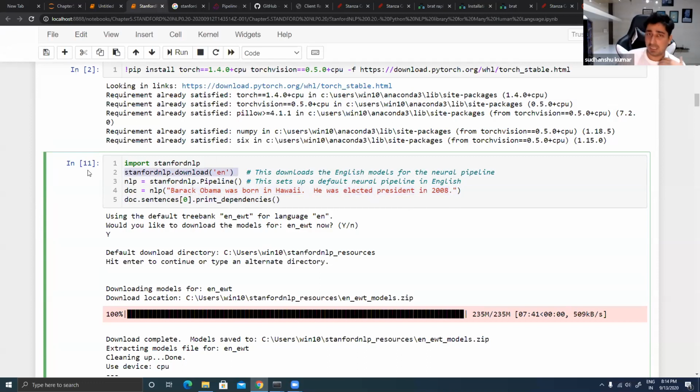There are multiple models available: a disease model, a generic model for general data sets, and a clinical model is also available. So there are multiple models that they are providing to you. You will have to download it, and only then will you be able to perform this sort of operation. If you do not download it, you will not be able to perform this operation. But yes, once the model download is done in your local system, it's very easy.